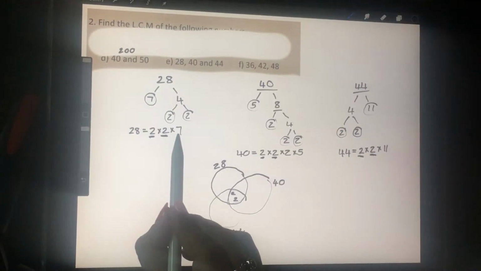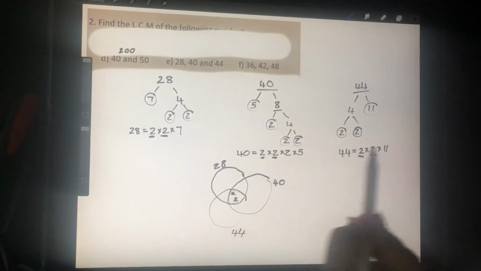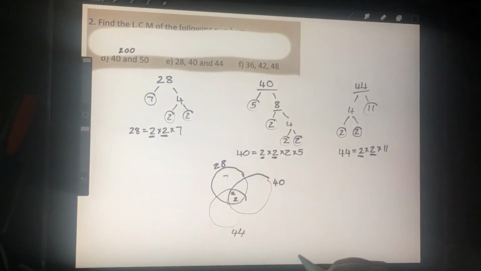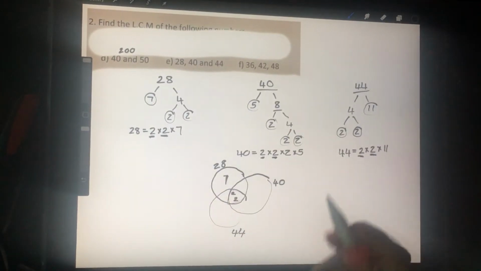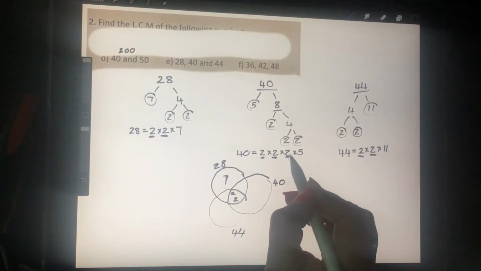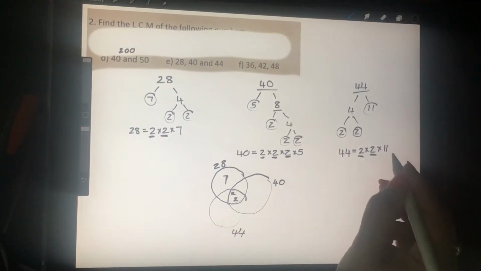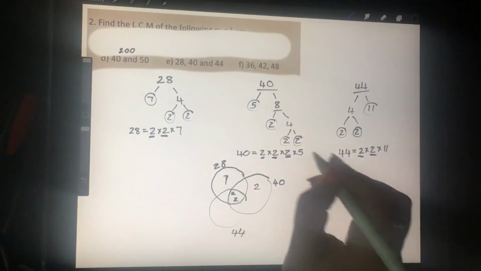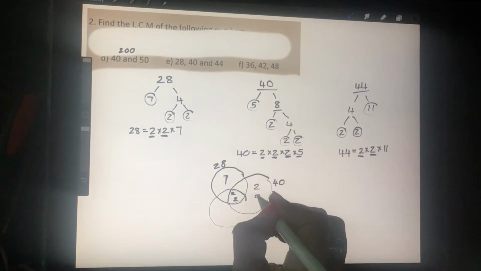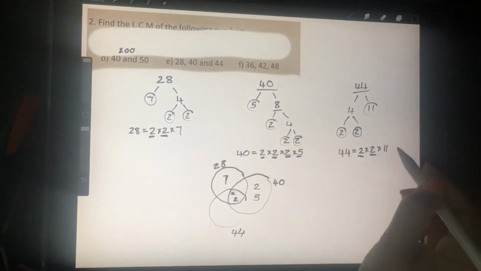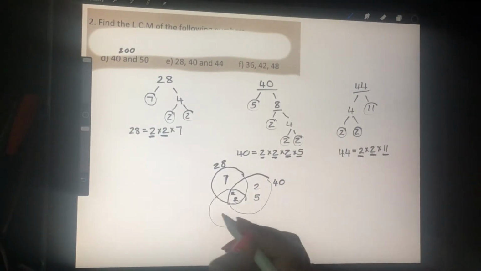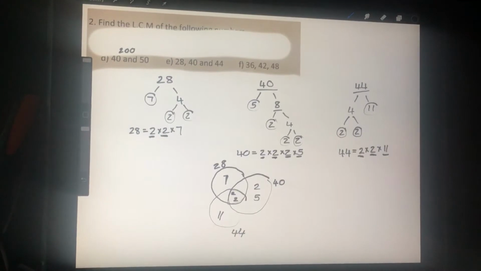But there's a 7 in circle 28 that is not seen in any of the other numbers. So we can put the 7 just under the circle of 28. For 40, we've got another 2, not in 44 nor 28, so we can put the 2 under 40, and the 5 as well. It goes into 40 because it's not shared in either 28 nor 44. Then 11 is left over there, and it is written